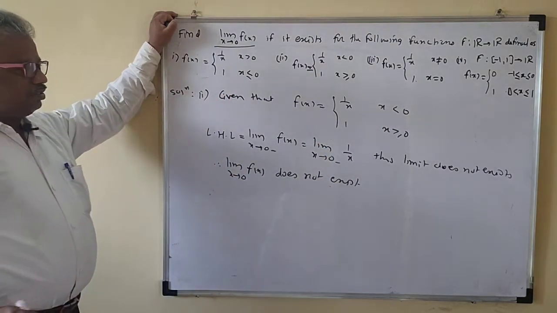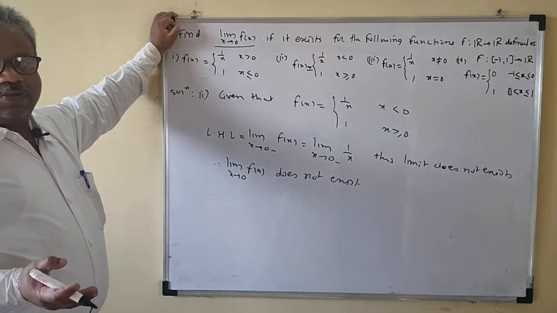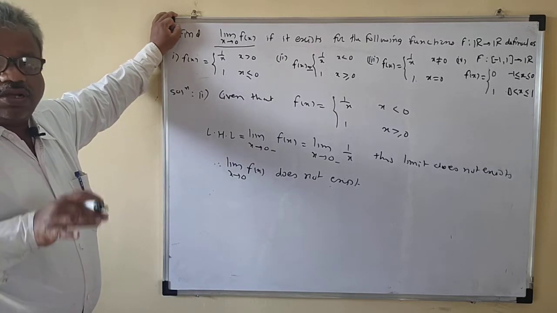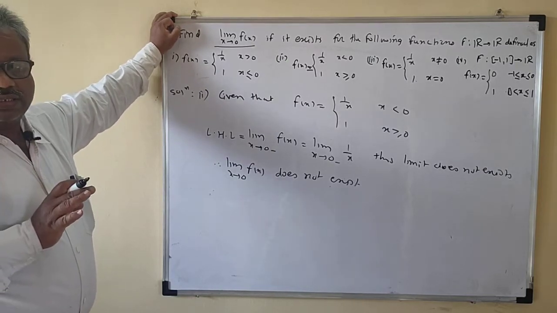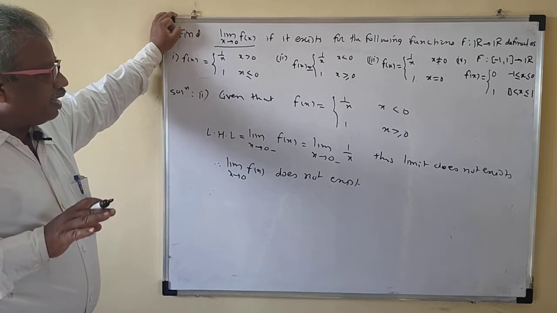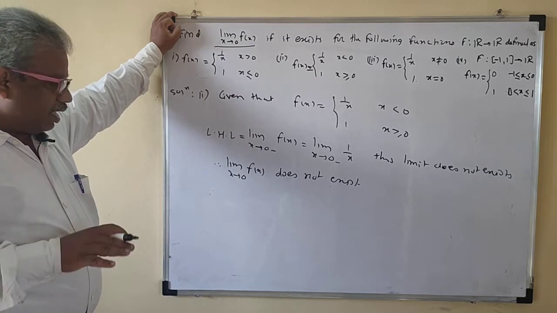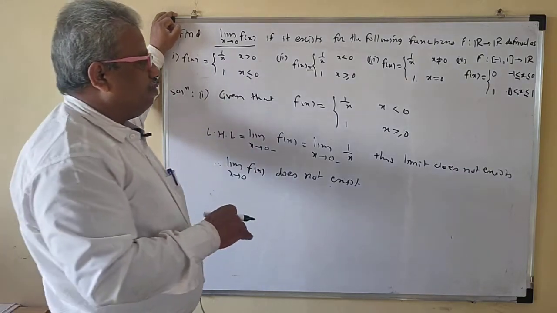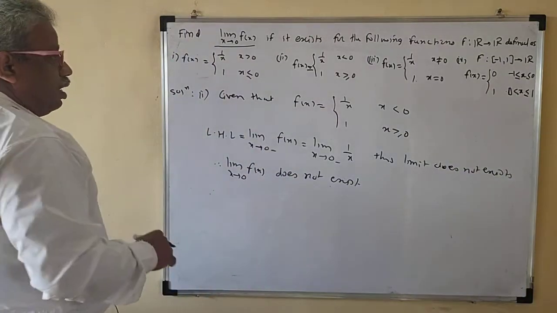So if left hand limit or right hand limit does not exist, then limit does not exist. If they exist but unequal, then the limit does not exist. If the limits exist and they are equal, then this limit exists, and its value is the common value we get. Okay. So now